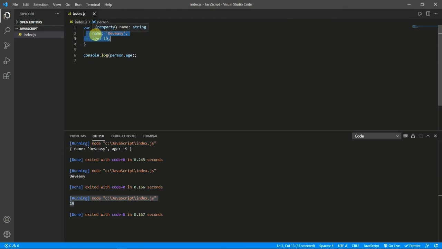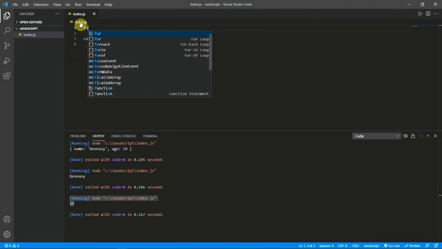Imagine we need multiple values, where name and age are the same two things, and we have multiple persons, like person 1, person 2, person 3, with the same properties, and we need to change only the data. How can we do that? For that we have learned about functions, and there is a concept called a constructor. Basically, when you call a function, the constructor is automatically invoked. Let me write the code and then make you understand.